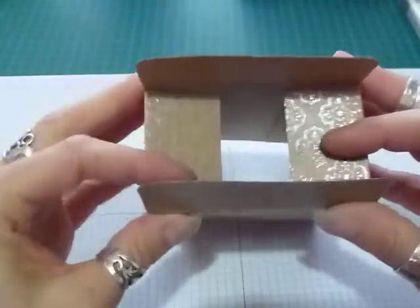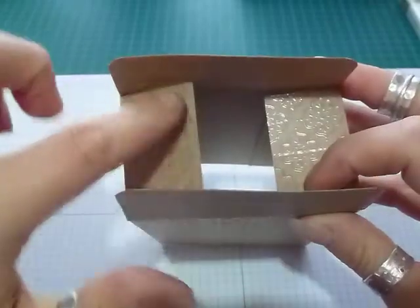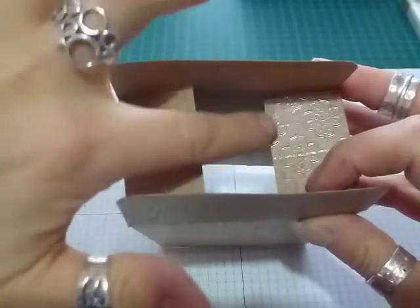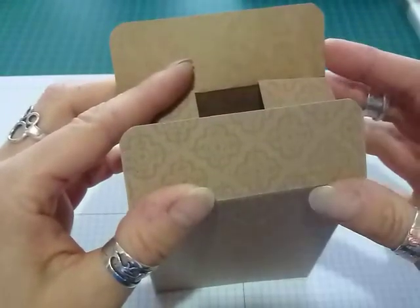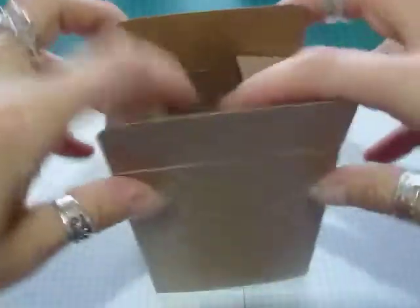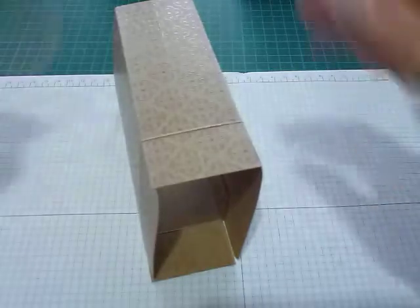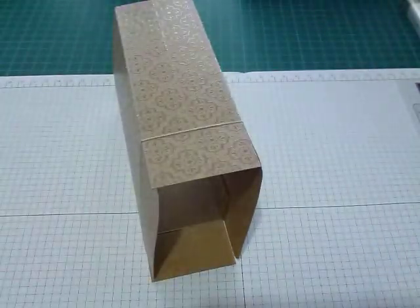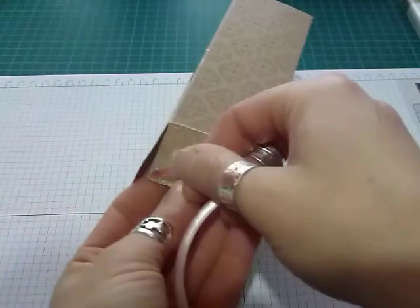So what we need to do, if you have it folded like that, we need to pop tape on that edge there on each of these flaps, and then on that side of one of the long flaps there. Okay, so again, magic red tape, put a little along this one,